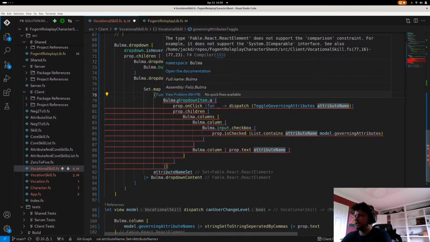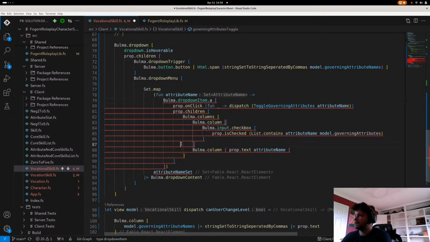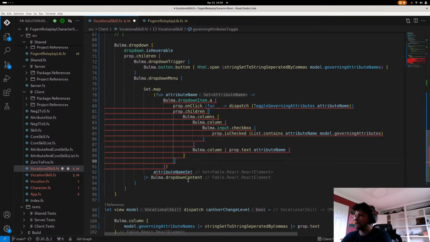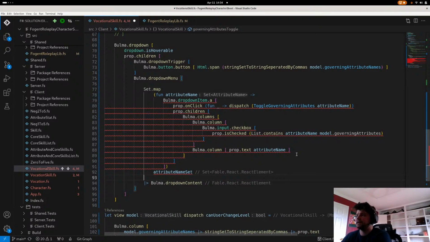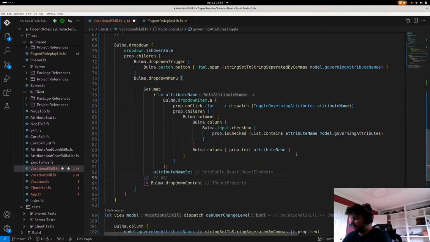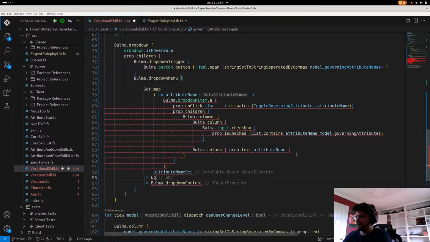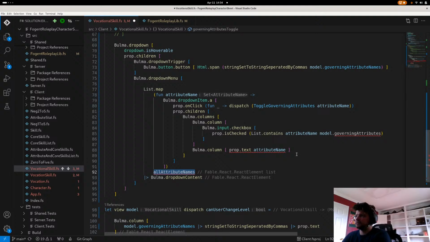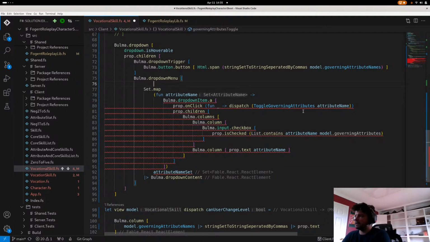This guy's angry. Why? Because he's angry that it's a set and Bulma drop-down content expects a list. So can I just do a sequence? No. Why is it angry here? Let's just read it here. So this is a set, it maps it. It's trying to,